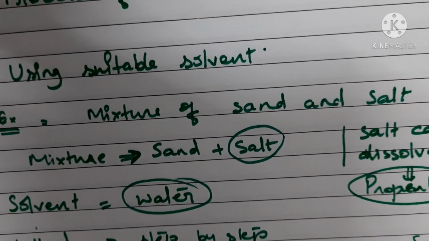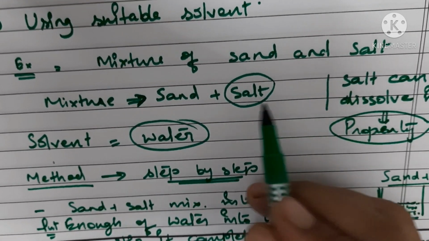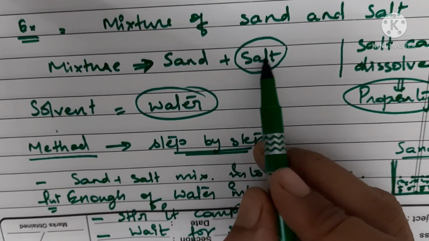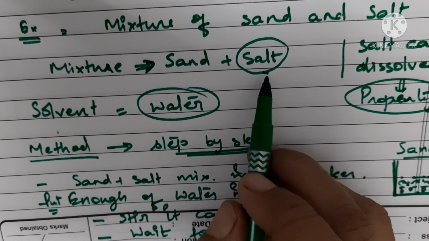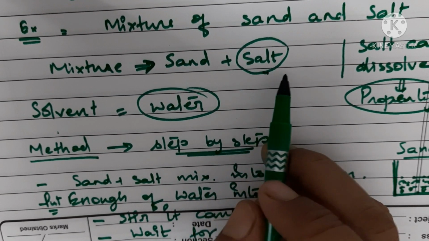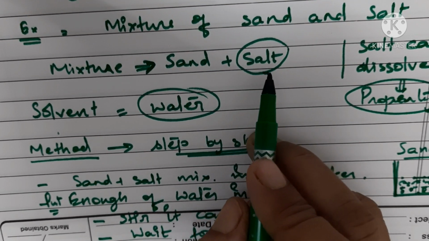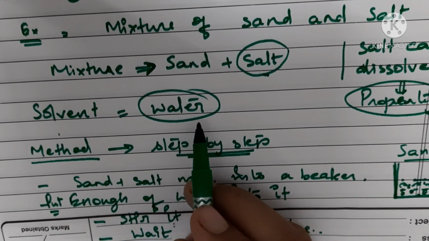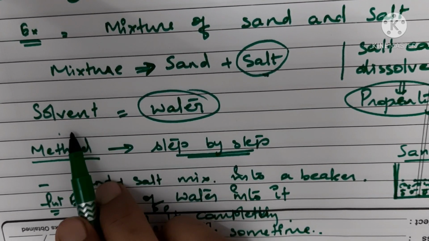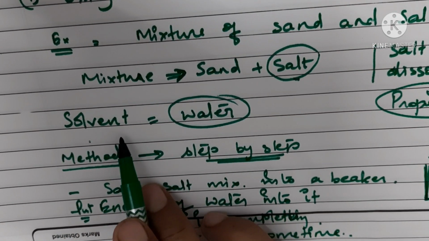हमने क्या एग्जाम्पल लिया, यहाँ पे सैंड और सॉल्ट का एग्जाम्पल लिया और इसमें हमने क्या देखा कि इसमें जो सॉल्ट है इसकी प्रॉपर्टी को जब हमने देखा तो ये प्रॉपर्टी इसकी क्या थी, it was able to dissolve in water. So since it was soluble in water, salt could be soluble in water, that is why water was considered and water was taken as a solvent here. ठीक है, वाटर को हमने सॉल्वेंट के लिए ले लिया, सॉल्वेंट के रूप में ले लिया.